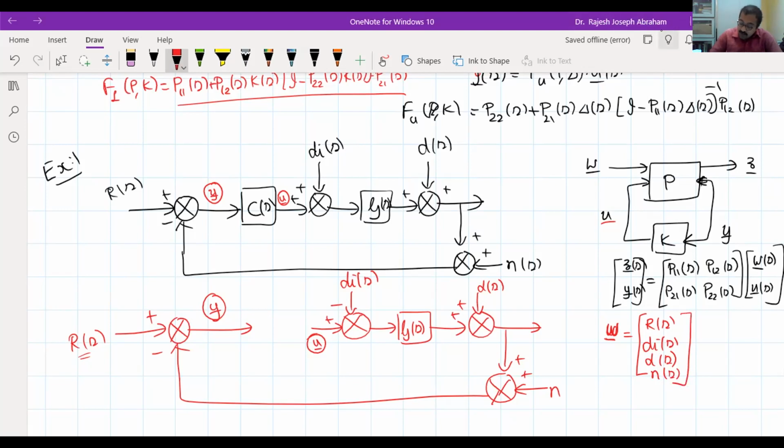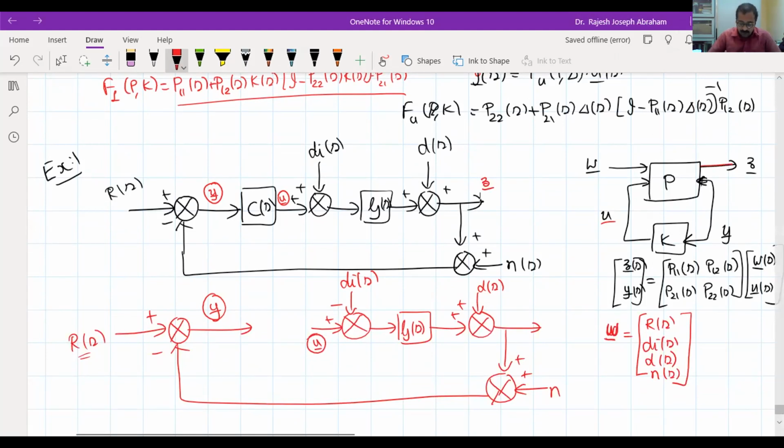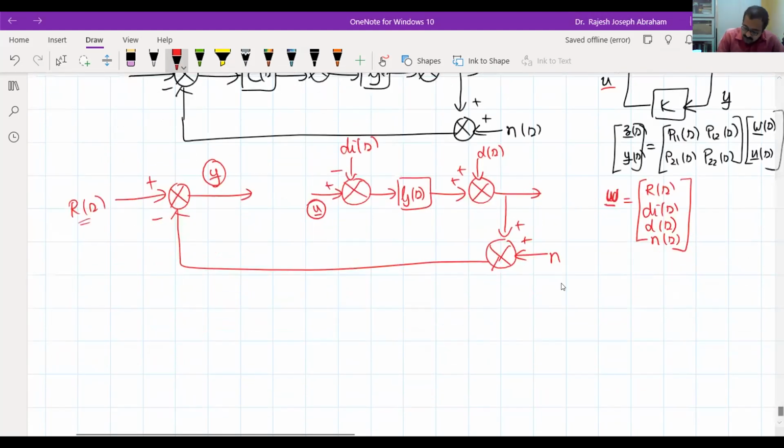Right, now let us write. Now, what is Z? Z is the regulated output. What is the regulated output here? Any idea? What do you mean by regulated output? Regulated output means the output coming from the plant, which is supposed to go to the perturbation block. So here, the signal which will be the regulated output, the output coming from the plant, is this signal Z bar. Now we have to write an expression for Z bar and Y bar. Looking at this figure, this is my Z bar. What is Z bar? Tell me. Z bar is nothing but D(s) plus the signal at this point.